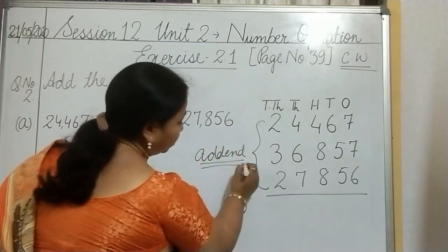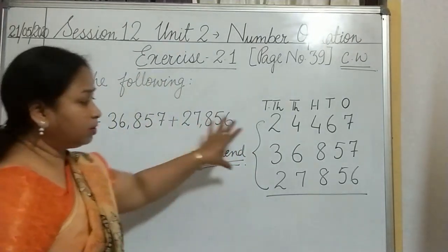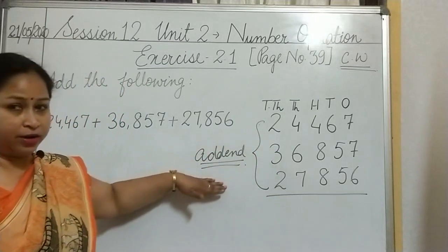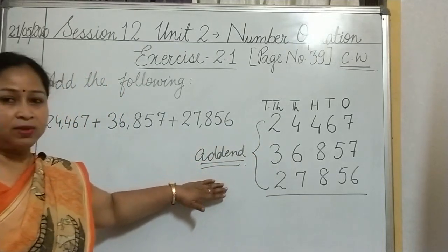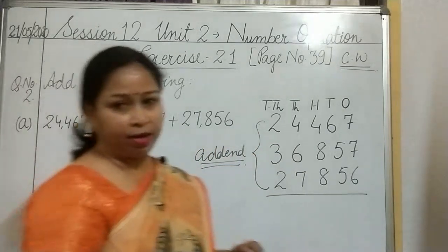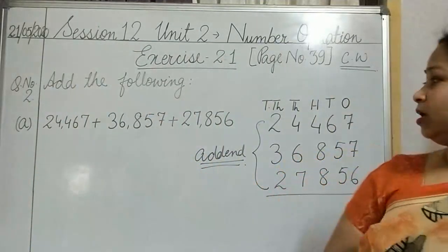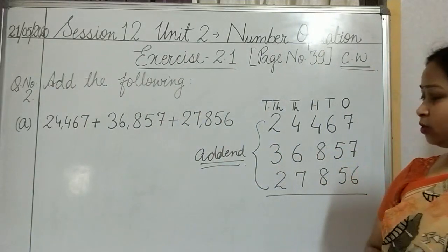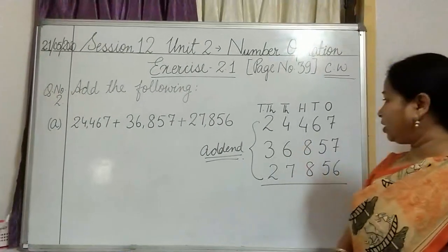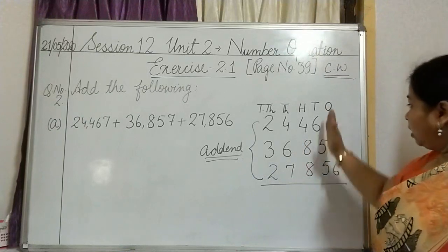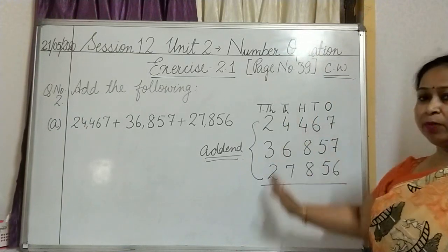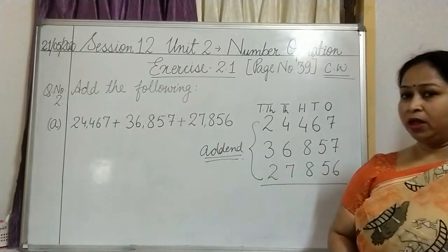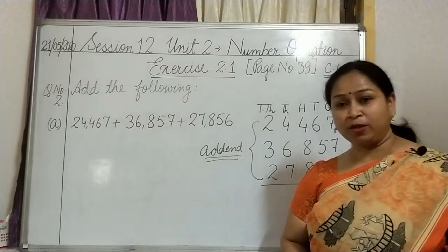Now you know the term associated with this. Each one is known as addend. Okay. Then let us see how we are adding it up. Children, as I have already arranged these things, it is very easy now. While you arrange, at that time also you have to see that you arrange them vertically in a proper column. If you arrange them vertically in a proper column, there will be no chance of making a mistake.